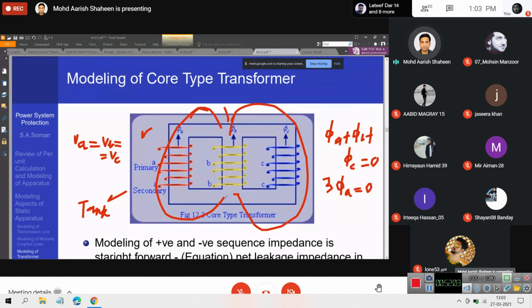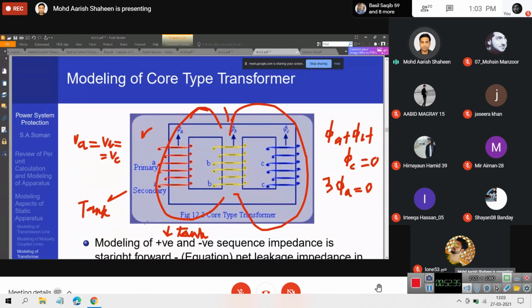It will also induce eddy currents in these tanks. जब eddy currents flow होती है tank के अंदर, उसमें heating हो सकती है. In fact, practically भी ऐसा होता है कभी कभी कि अगर आप core form transformer ऐसा इस्तेमाल करोगे, उसमें ये बहुत बड़ी problem होती है कि चूंकि flux आपका leak out होता है into the tanks, eddy current heating can be so large that even the plate, जो आपका tank के ऊपर plate होता है, it can flake off because the temperature rises to such a large extent. Is that clear? ठीक है.